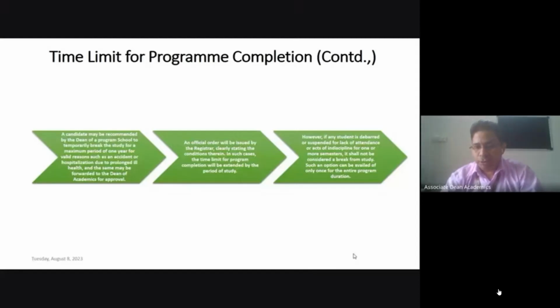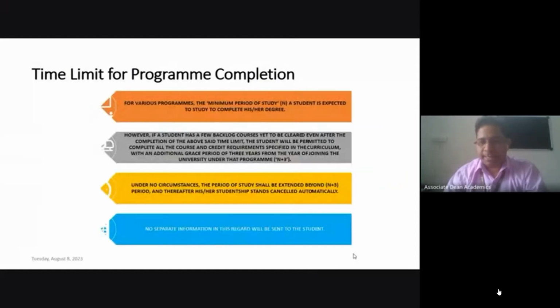But that study break will be counted in your degree duration as well. That means your degree duration will be extended by the same duration for which you have taken a break. But ultimately, including the break duration, your degree duration should be within N+3 years only. That I explained here.